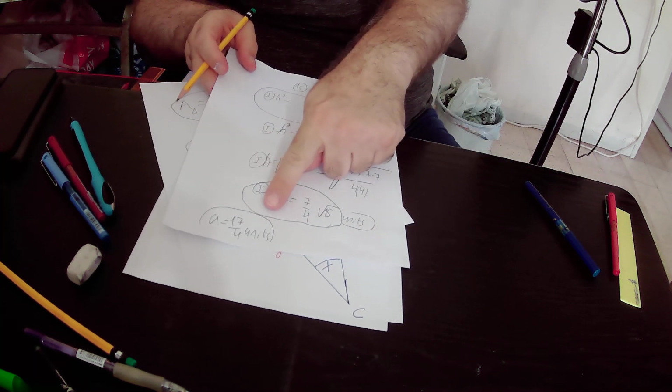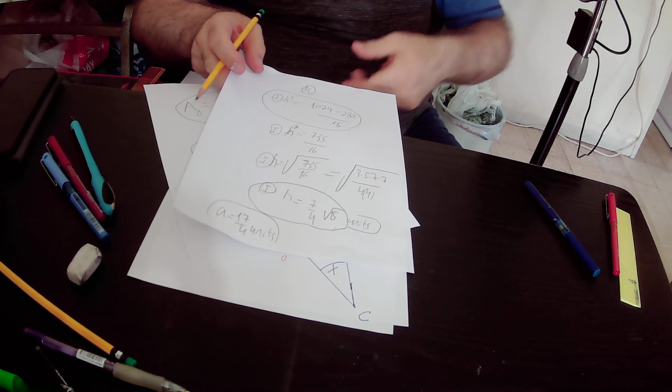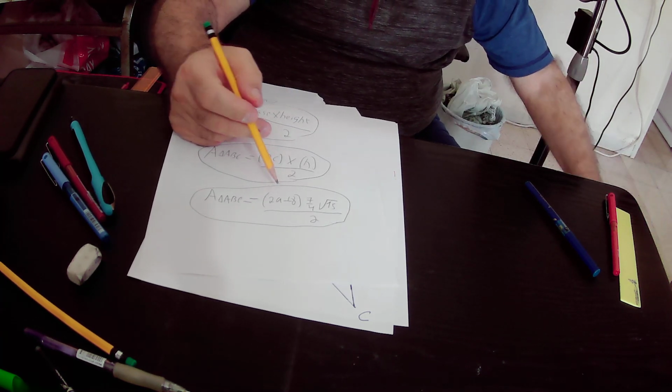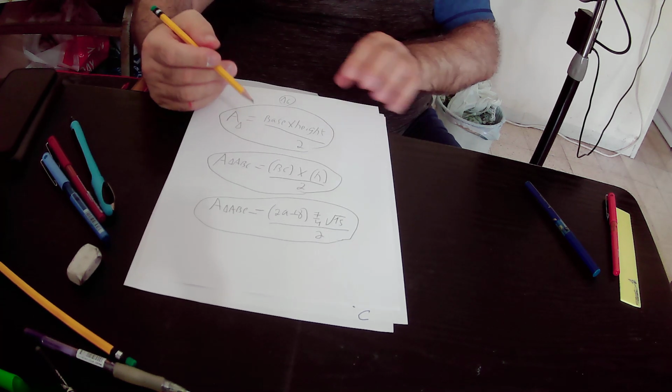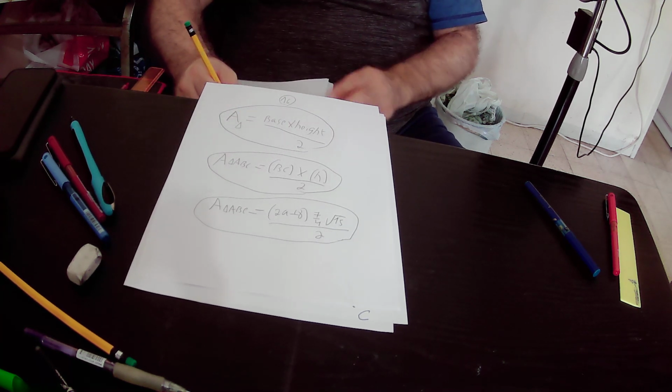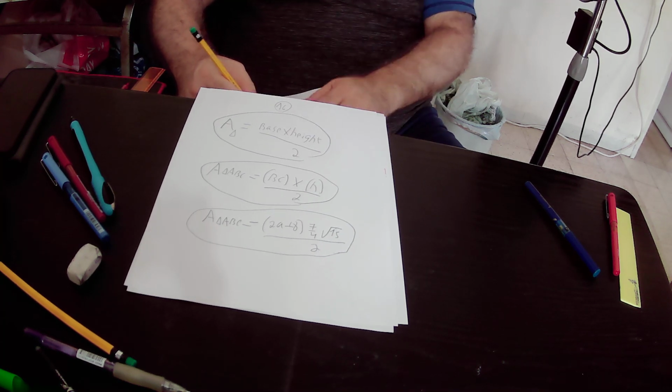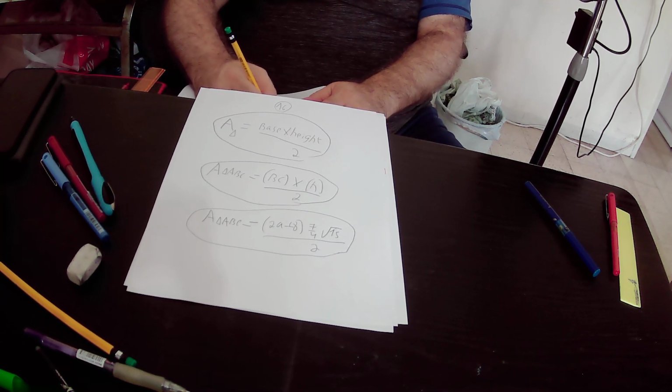A equals 17 over 4 units. So we can substitute A by 17 over 4. Okay? And we will get that the area of triangle ABC